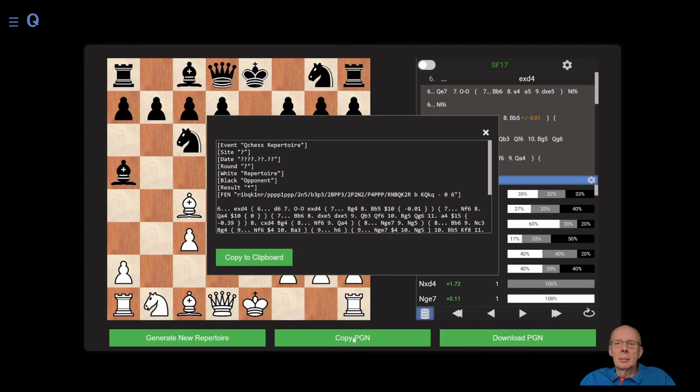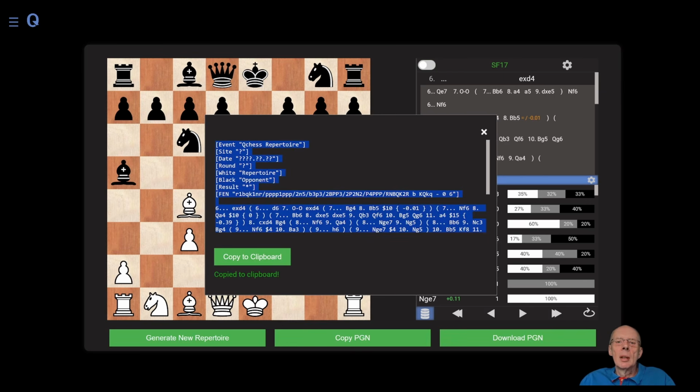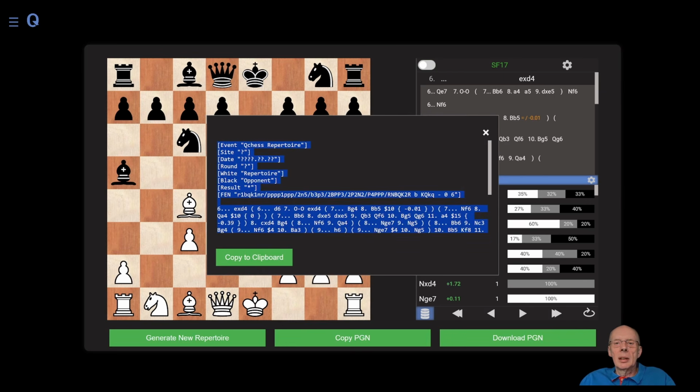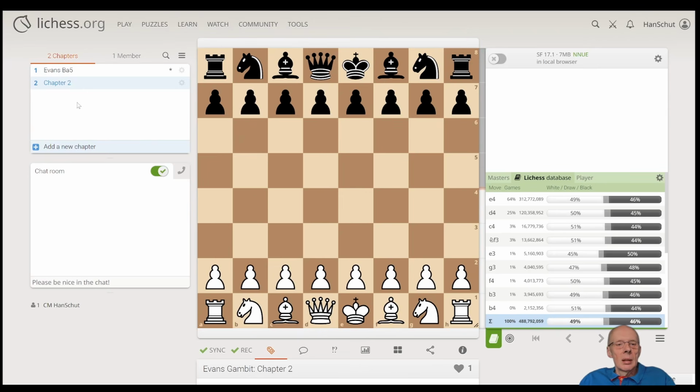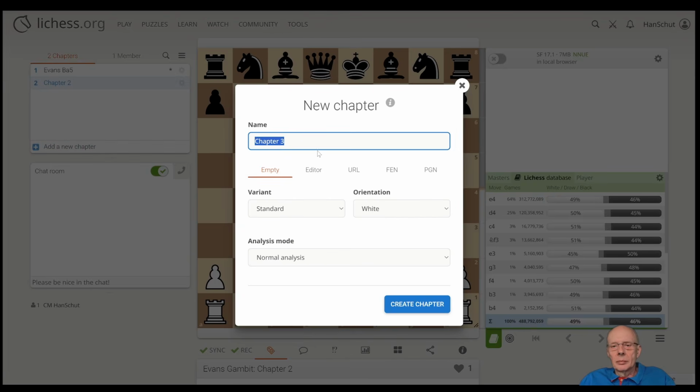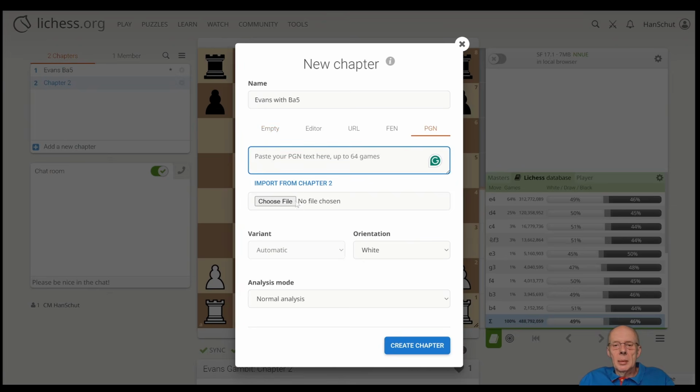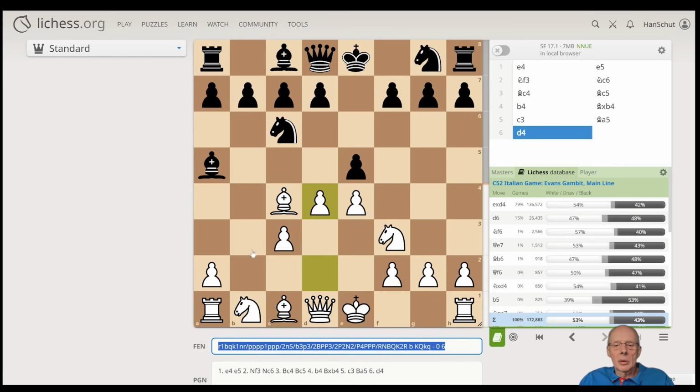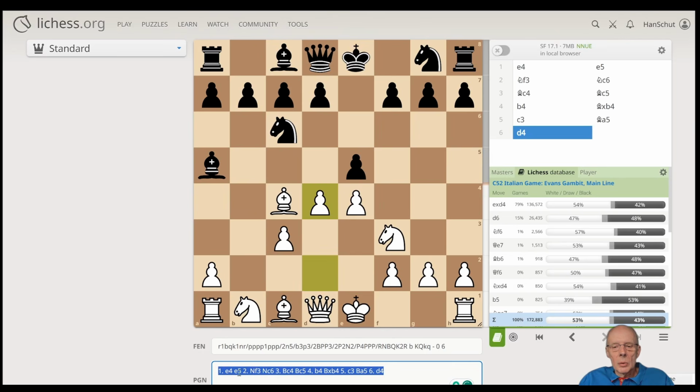I copy the PGN, copy to clipboard, and you can see here I want to add a new chapter, right? So let's say I call it Evans with bishop a5. I go to the PGN, I paste the PGN, but now what I have to do before I import it, I have to get rid of the header. That's the first thing, because we're not starting from a FEN. And then I have to insert the first moves